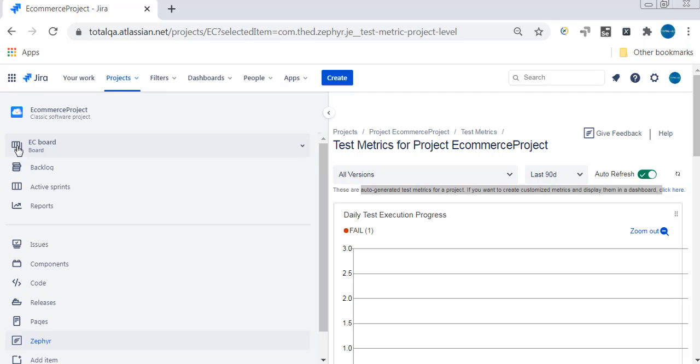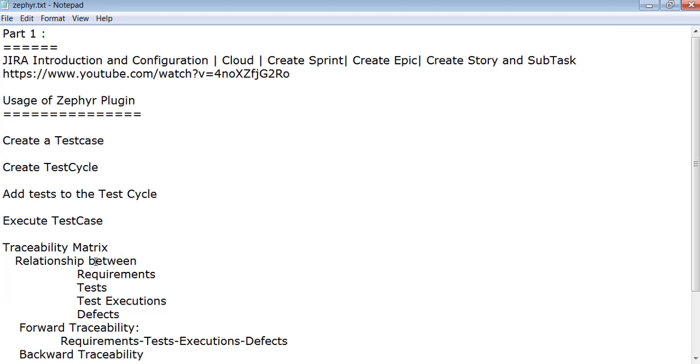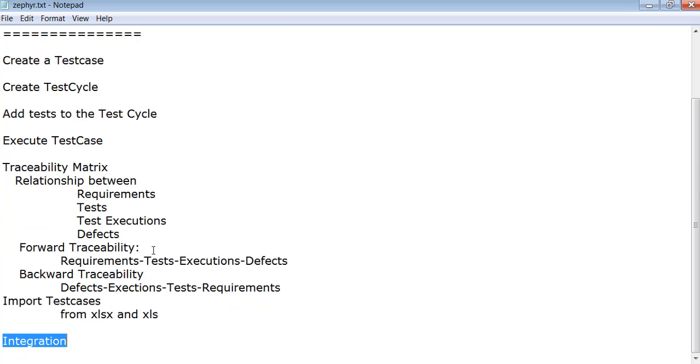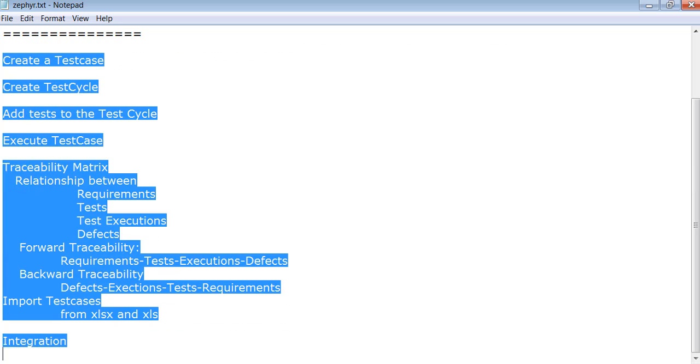So with this information, using the Zephyr plugin, we can achieve a lot of functionalities of test execution, test cycle, and also raising defects, and you can even check the traceability. So it is important, we should definitely download Zephyr in real time so that we can monitor, manage, and execute the test cases. We can even generate reports after the execution of the test cases. Okay, so all these topics are covered. If you practice all these things, it will be helpful for you to understand the real-time concepts.